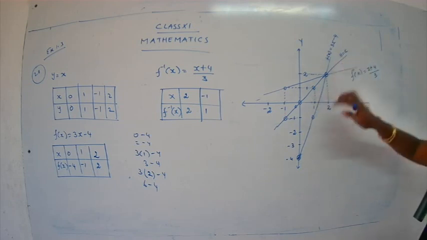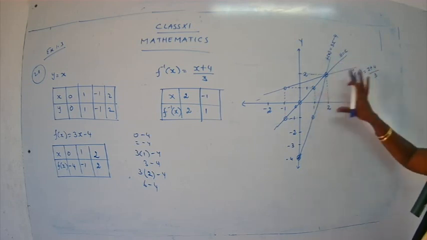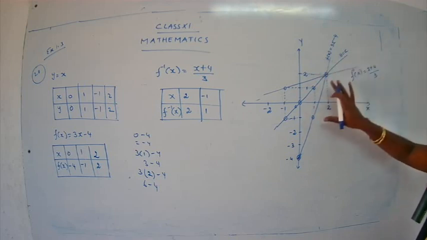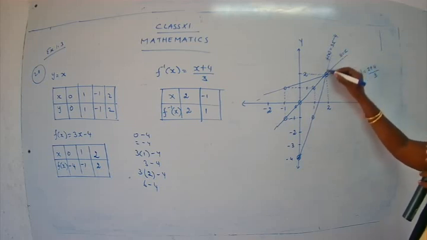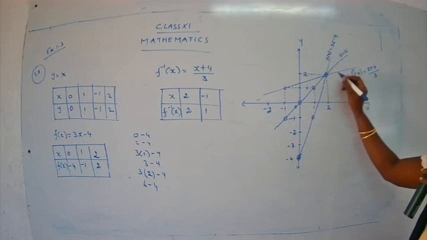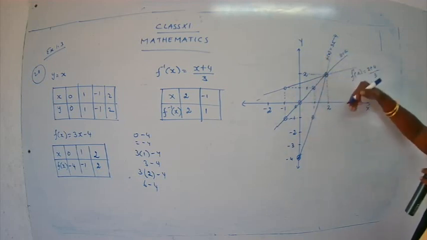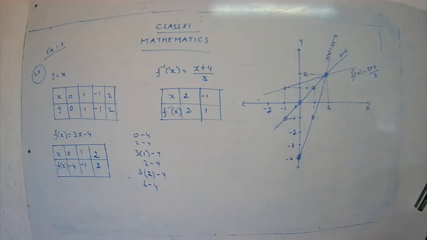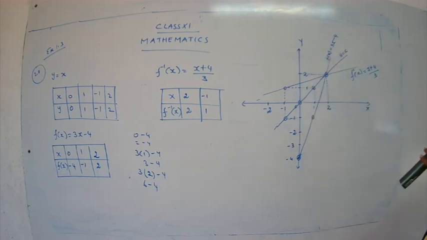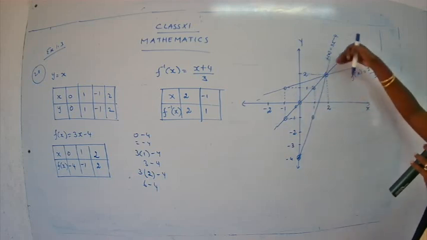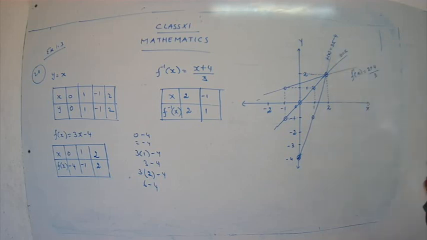So from the graph itself, we can write the answer, because we have drawn the graph, we have plotted the graph, and from the graph it is very, very clear that the function f of x and f inverse x is symmetrical. That is, they are the mirror images of each other. So the symmetrical property is verified. Is it clear, children? How are we verifying the symmetrical property? By looking at the graph. How is the graph looking like? It is like the mirror image. You have a mirror image. So the verification part is done.